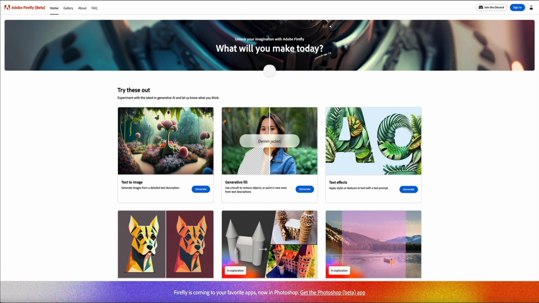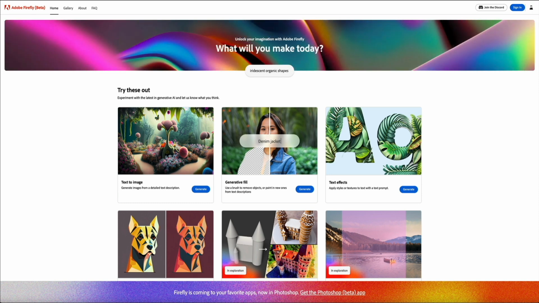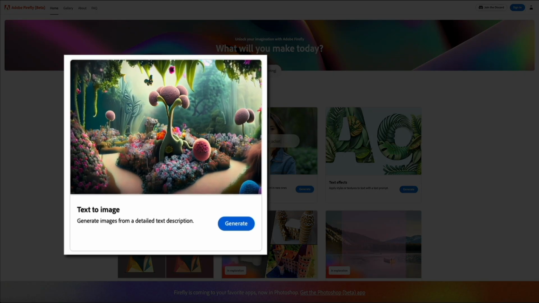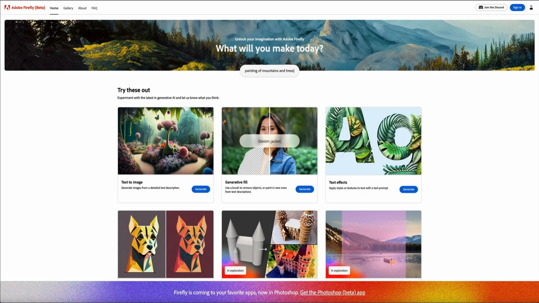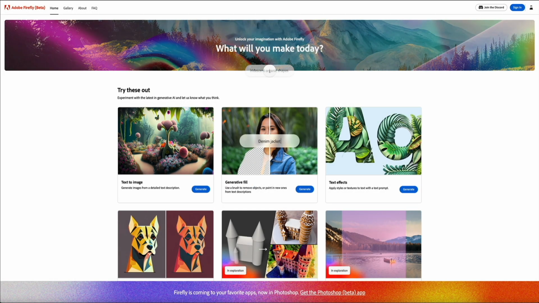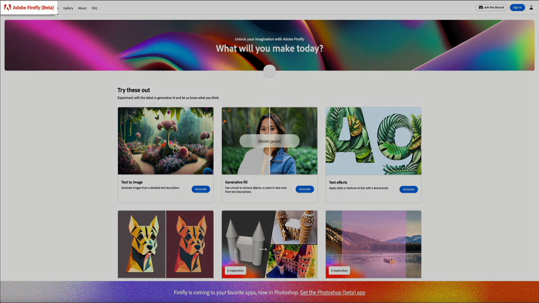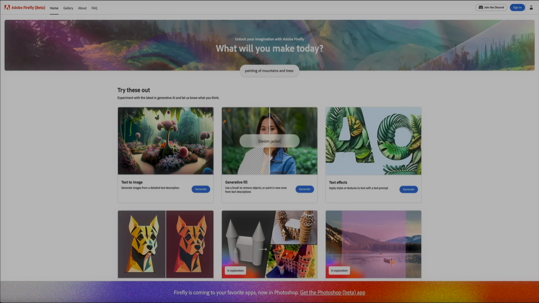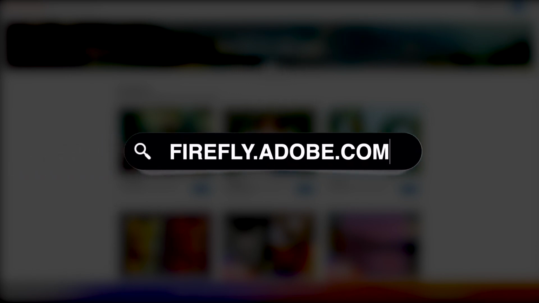Alright, first we have Adobe Firefly. This is a new family of creative generative AI models focusing initially on image and text effect generation. And in this video, we'll be using their text to image generation. This free and exciting AI technology offers new ways to create while significantly improving your workflows. Now, Adobe Firefly is currently in beta, but you can access their web client for free by visiting firefly.adobe.com, which I've linked to in the video description below,